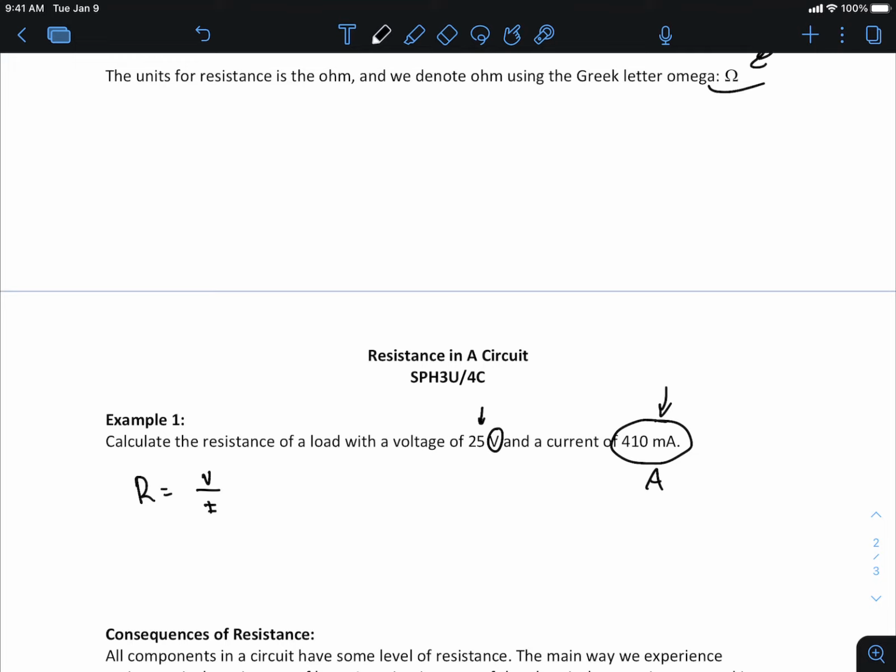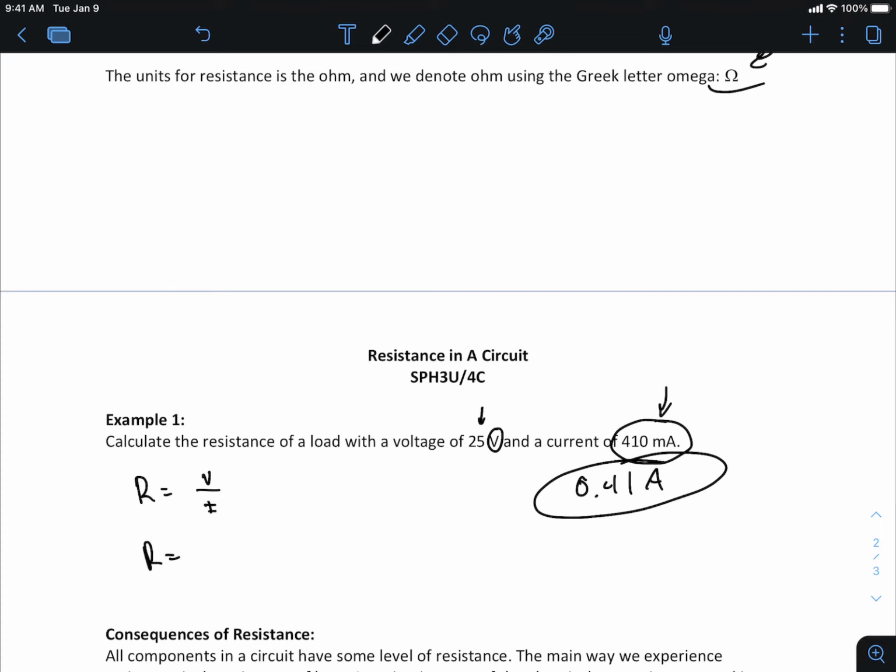Well, there's 1,000 millimeters in one meter. Similarly, we're going to have 1,000 milliamps in 1 amp. So that means we're going to have 0.41 amps of current. Okay, and so to find the resistance in this particular instance, we're going to see resistance